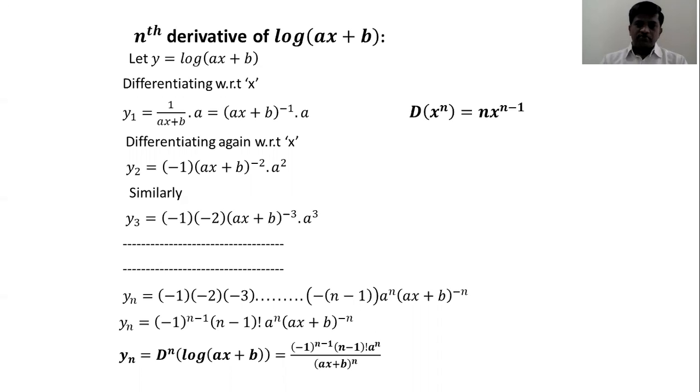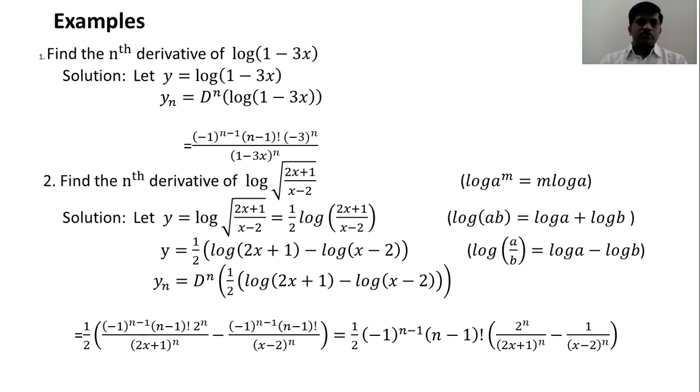And here n minus 1 number of negative sign is present, to take common factor and that we can write it as minus 1 to the power of n minus 1, and remaining term 1 to n minus 1 that denoted as n minus 1 factorial into a power n into ax plus b power minus n. Then finally, nth derivative of log of ax plus b is minus 1 to the power of n minus 1 into n minus 1 factorial into a power n divided by ax plus b power n. And to solve the related examples,